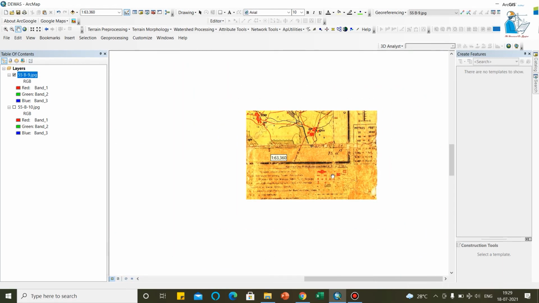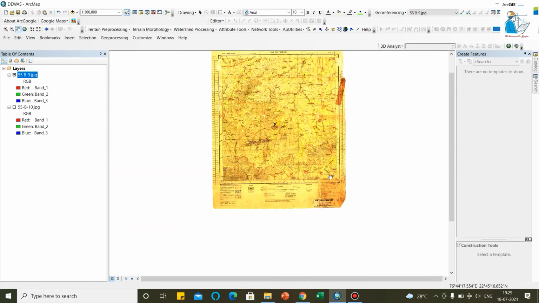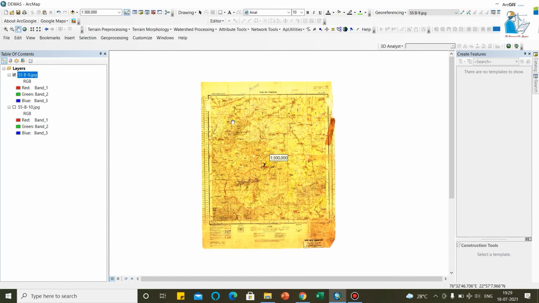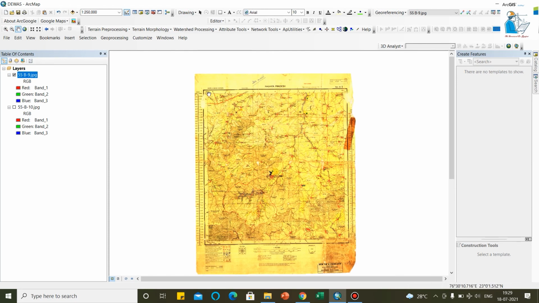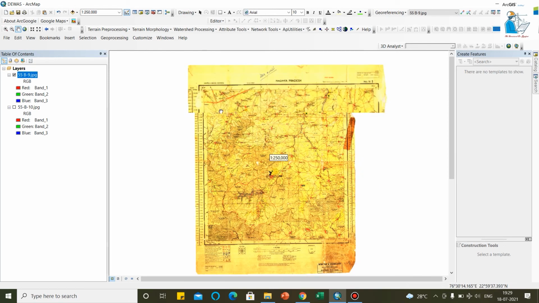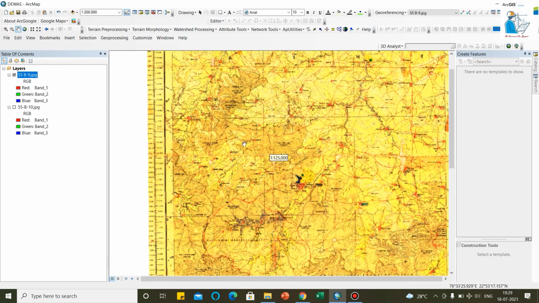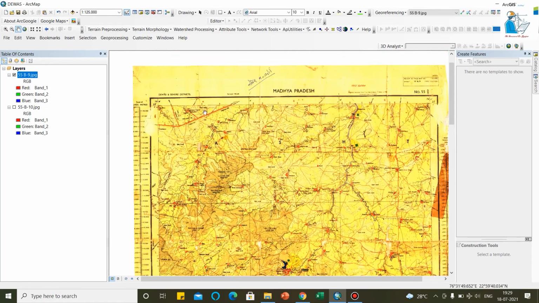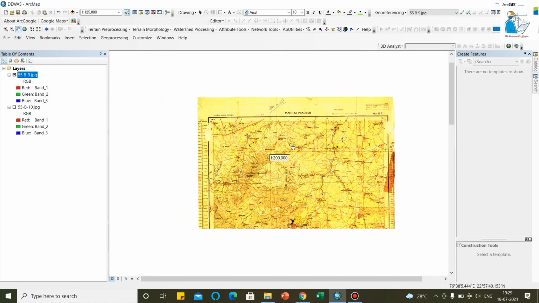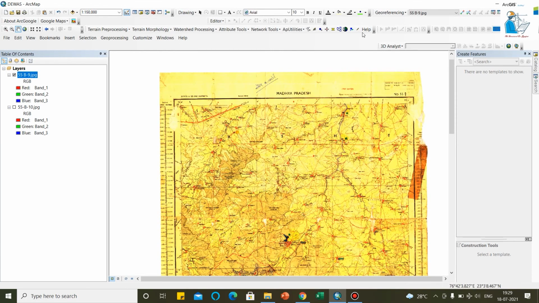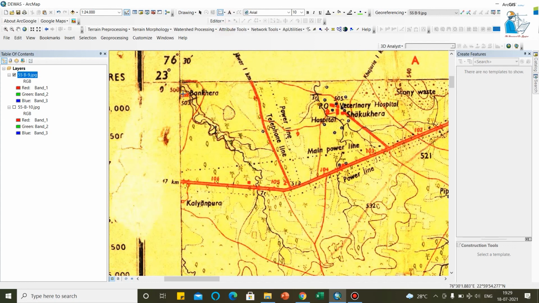Okay, now my first step, after georeferencing, is to crop this toposheet so that we can mosaic the two toposheets. You can click the image, or I will go to the drawing and select the polygon.